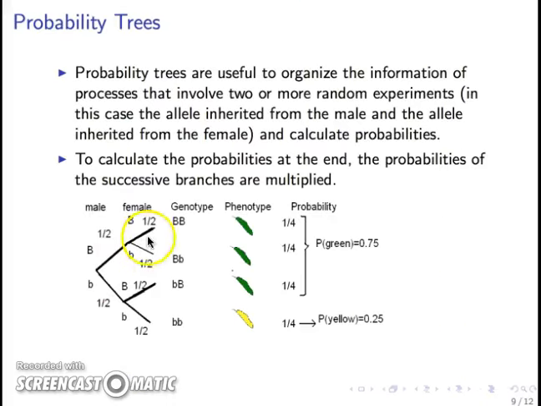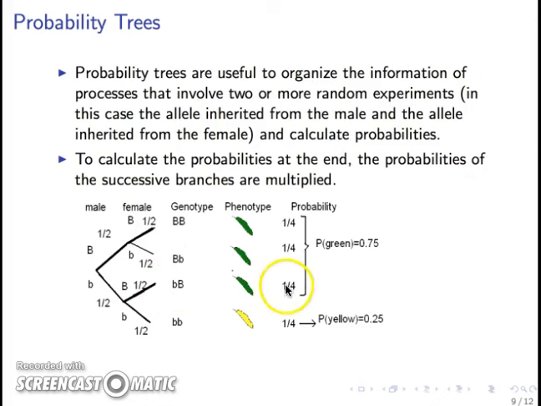So those calculations are now summarized in this tree that has better resolution than the one that I did by hand. Here we have on the first node a contribution from the father, traveling along the upper branch. We have this genotype, which in this example has the phenotype of manifesting the color green, and that has a probability of 1/4 given that we're multiplying 1/2 times 1/2. Similarly, for the probability of having this genotype, uppercase B, lowercase b, that also has probability 1/4,